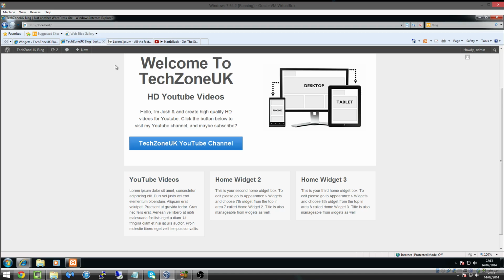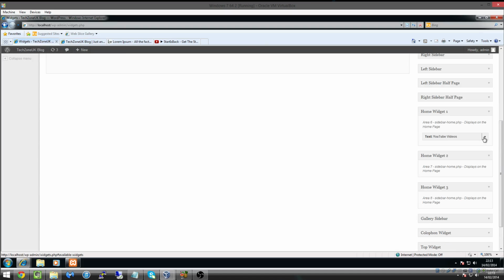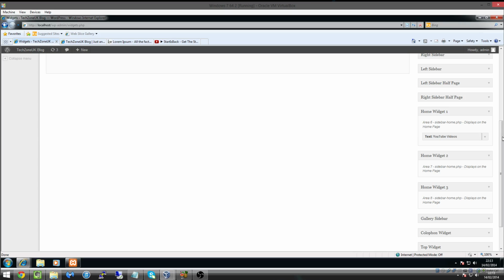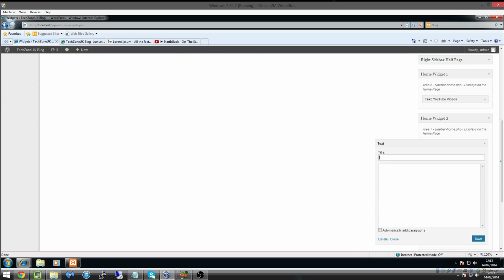And then for widget 2 all we do is click the little arrow to hide that and maximize it. You can see that button there allows us to edit the text on the widget box. What we're going to do is we're going to drag text into widget 2, and I'm going to call this one tech channel, and I'll put lorem ipsum text in there again, and I will click save,